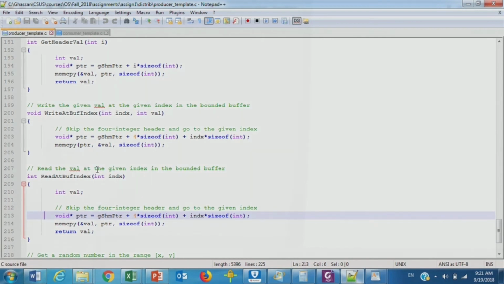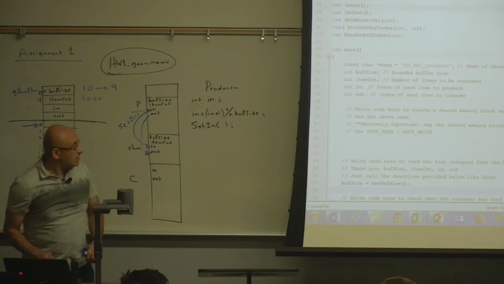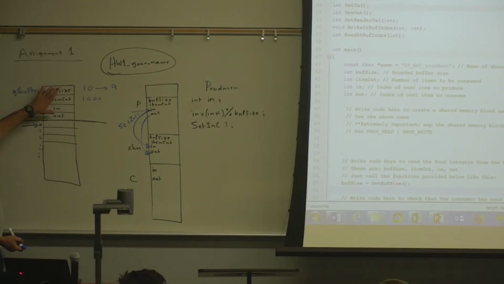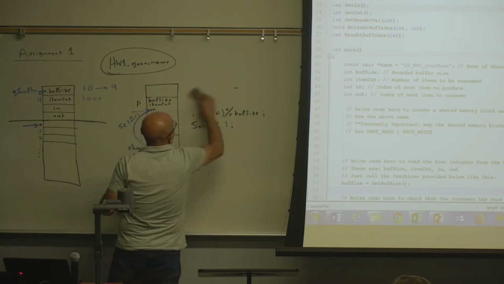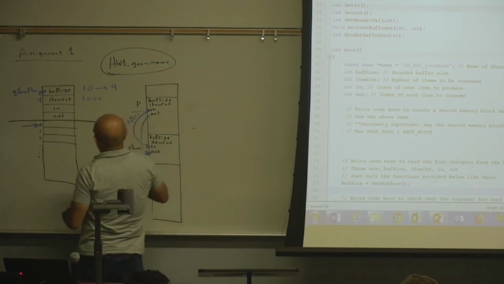Question? Okay, so on the consumer side, the consumer is going to read the values from the buffer. Then it will be in a loop consuming. So what if the consumer does this?